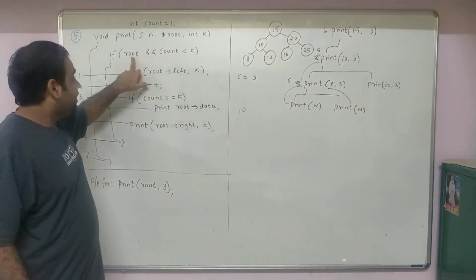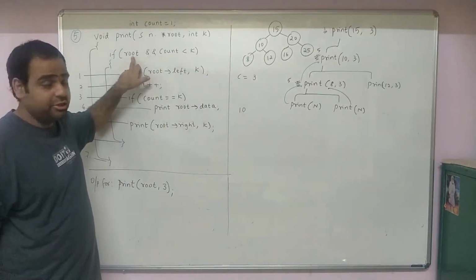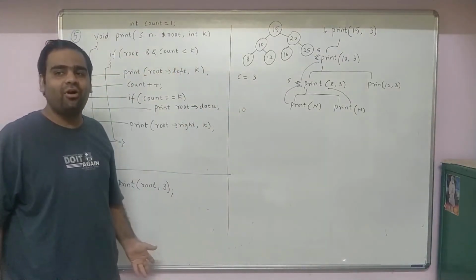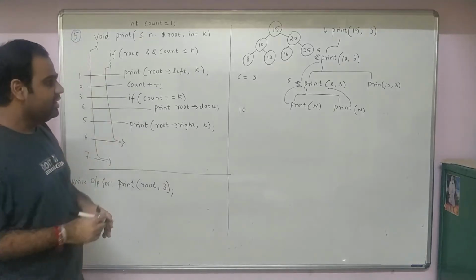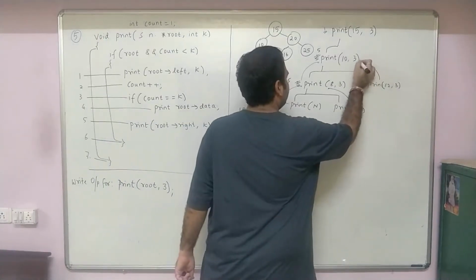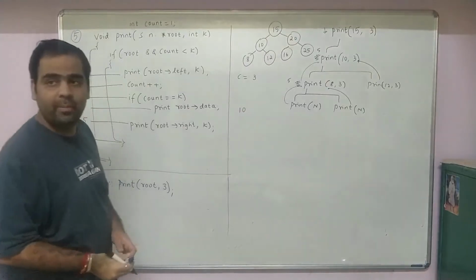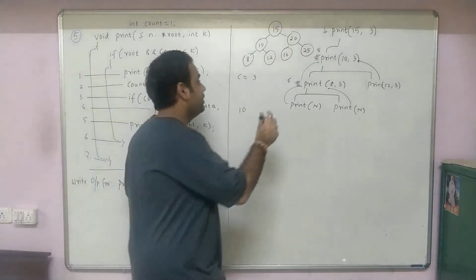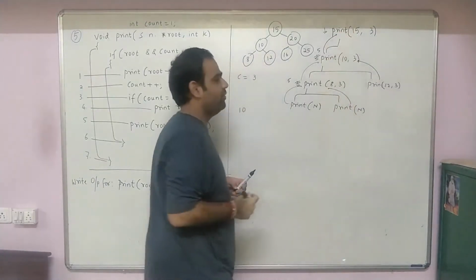Now you go back. Now see here, 12 not equal to null. Yes, it is true. But what is the value of count? 3. 3 less than 3. The condition is false. Therefore do not execute this. Execute line number 7. Closing bracket of the function is taken as return. Go back. Where to go? Line number 5 completed. 6 do nothing. 7 again return. Where to return? To line number 1.